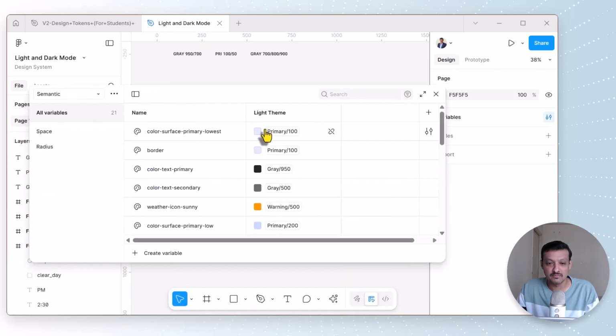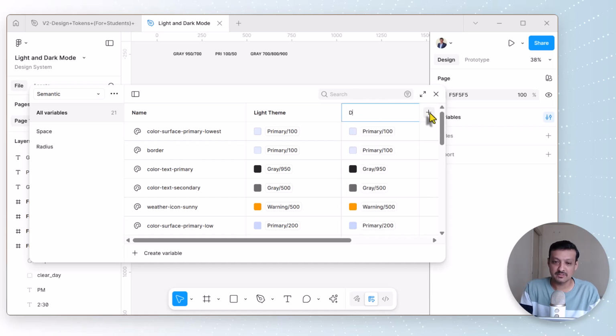So in the variable, we have a semantic token. And here is the light theme. Now I want to add a dark theme to this one. So I just have to click this button, say new variable mode. I will name this one dark theme, and I want to change all the values and it will